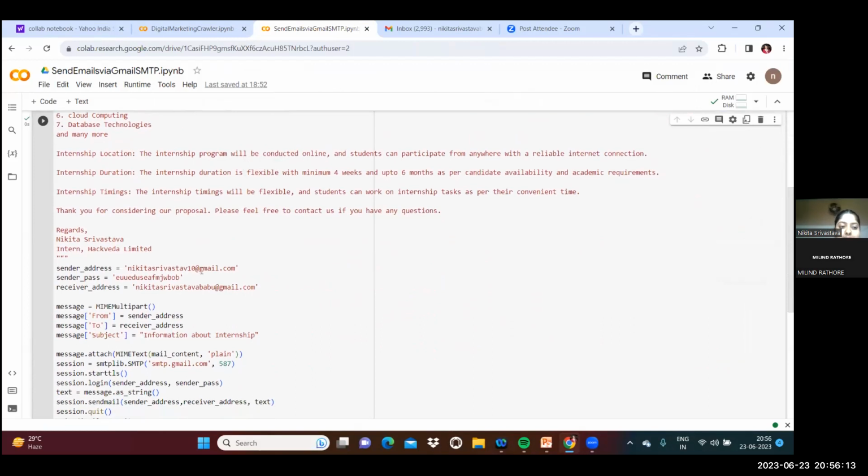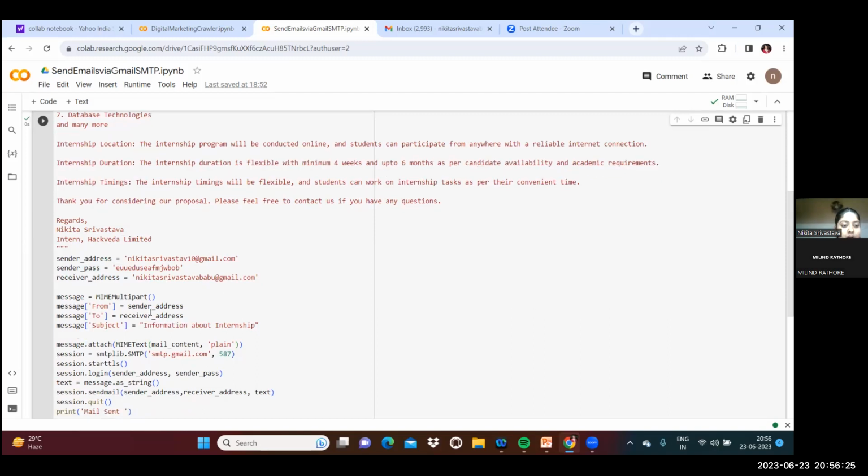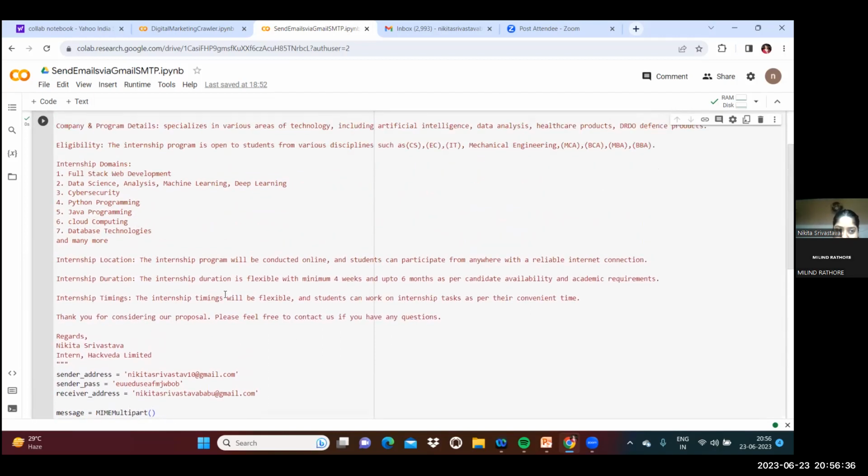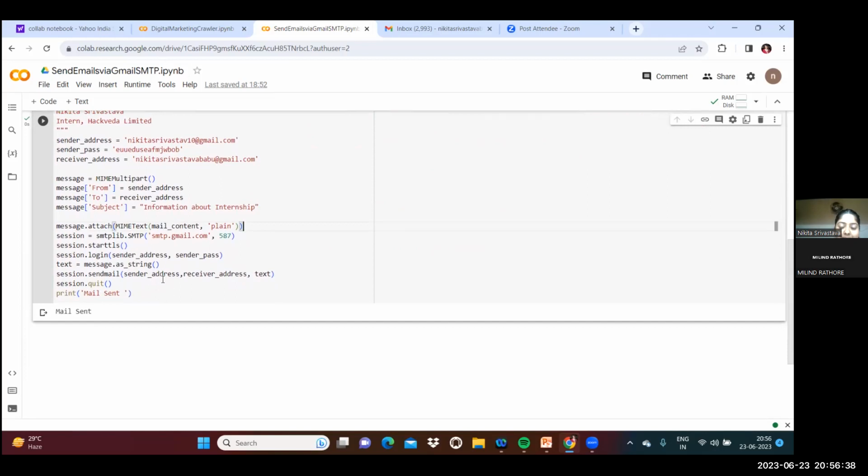Here we have used the sender's address and the sender's password. This password is given through two-factor authentication. Then the receiver's address. Then we have created an SMTP session where the sender's address, receiver's address, basically the login details have been given, and the text is shown here. Then we quit the session and print mail sent. Now running this project,